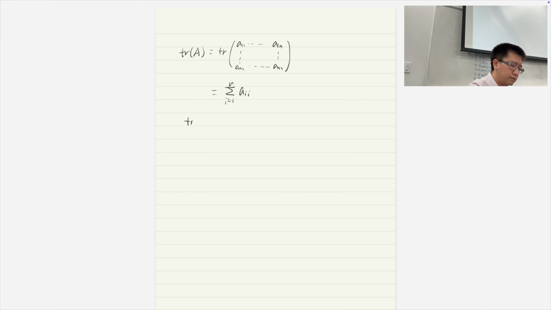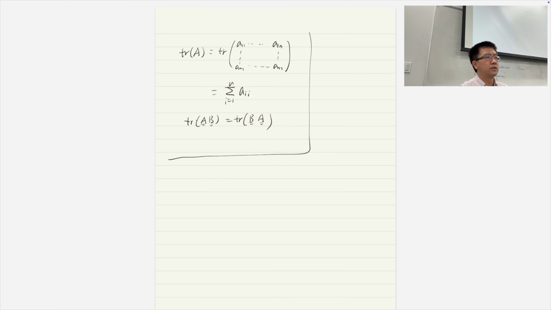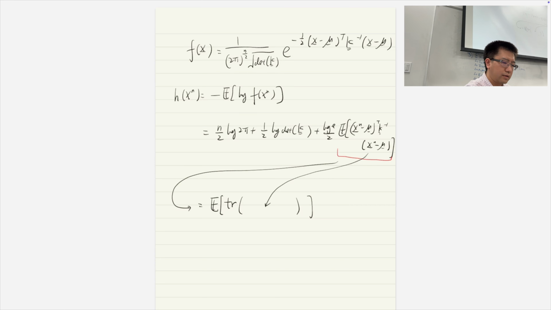The trace of A times B, so they are matrices, equals the trace of B times A. Those are some properties of the trace. So basically we're going to use the same trick here, right? Now what we do is we think of this as A and this as B, and then just switch them. Then you get rid of the K in the middle, right? That's basically the trick we use all the time. So this equals to